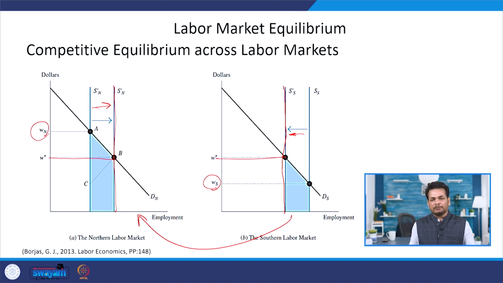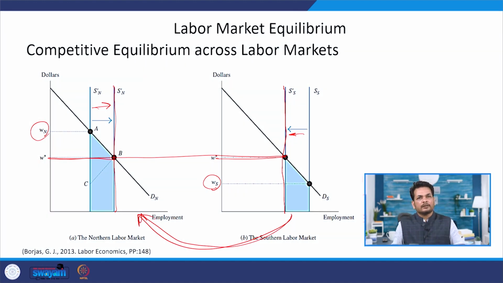So, the convergence of the wages in these two markets would happen over a period of time and will settle down to a single wage rate in the economy. So, that is if the workers are going to move from south to north. As I said, the convergence of this wage rate would happen if the firms could freely enter and exit in the labor markets.